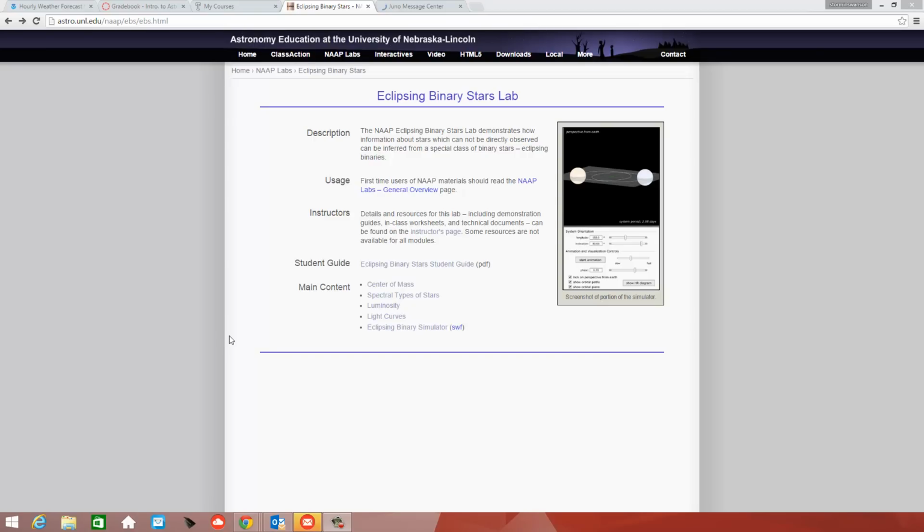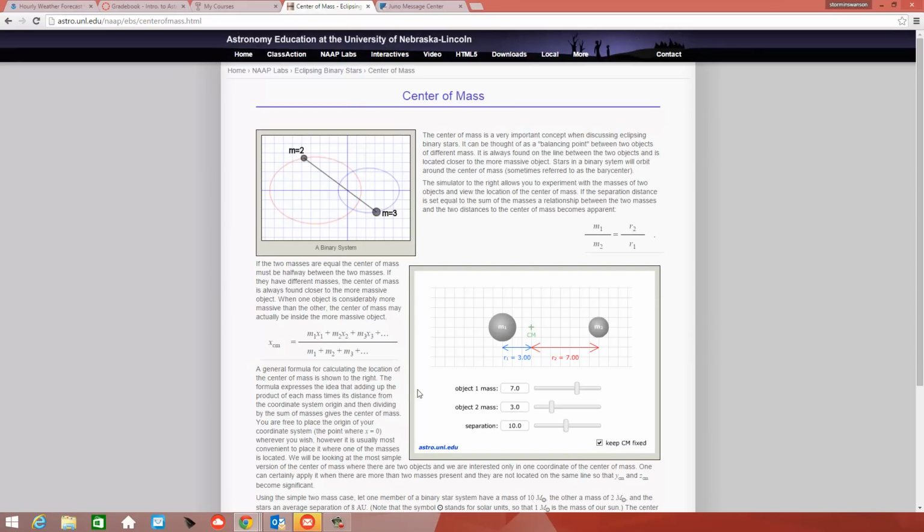Starting off on page 1 of the student guide is a question about center of mass. Again, always go through the background pages. If you click on the center of mass background page, it's going to bring you up to a page like this. And in order to answer question 1 successfully, really all you have to do is play around with